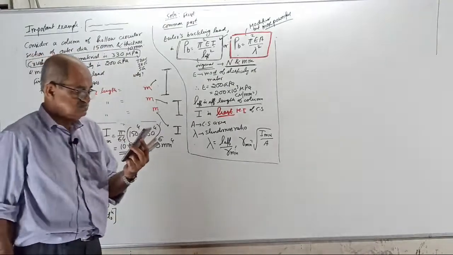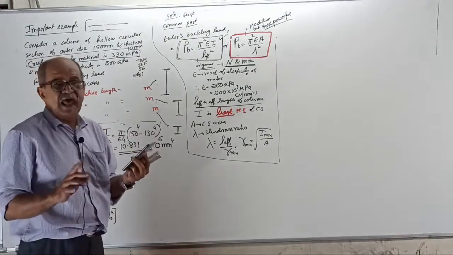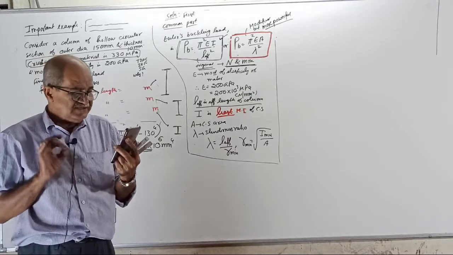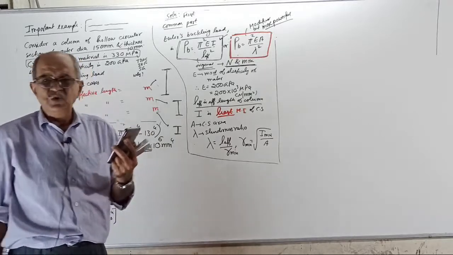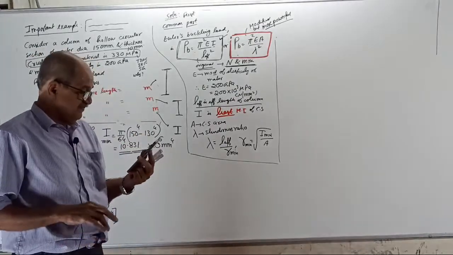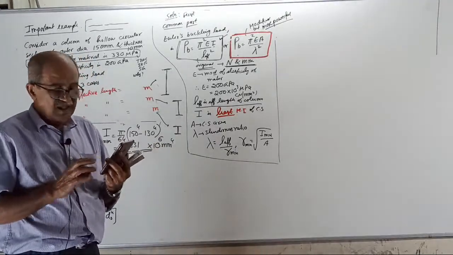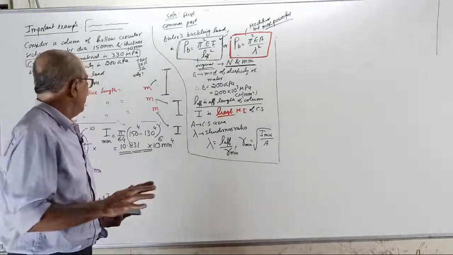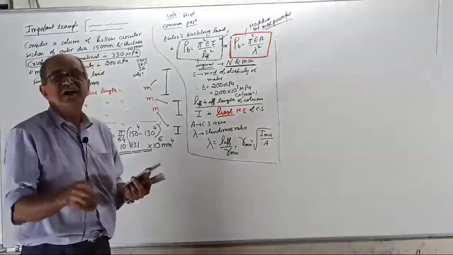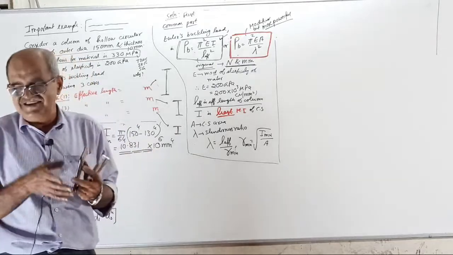Yes or no? No, you are telling yes or no. This much data is sufficient. This much calculation part is sufficient if you are using the original formula. That's all I want: yes or no. You don't have to tell me what is not required. I am not asking which are not required. I told you this much data, or these values, are sufficient to apply the original formula. The answer should be yes or no. Simple question.